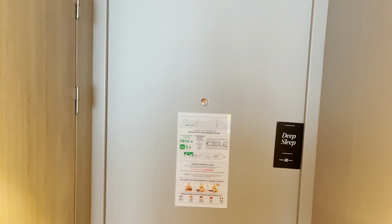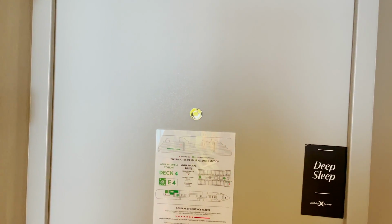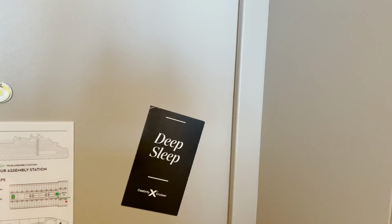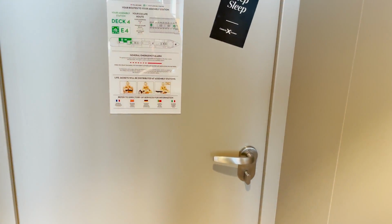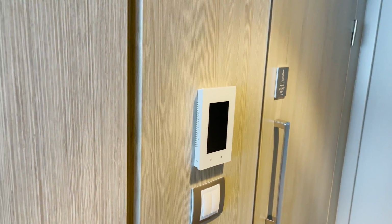Right when we enter the space, we'll look back here at our door, which has our safety information, our peephole with cover, and then your magnet you can put outside the door to let the stateroom attendant know whether you're sleeping. That's double-sided. You're sleeping, or there's nothing, and they can come in. Deadbolt lock on the door. Of course, we have the entry light up above, and then right when we come in here, we have our